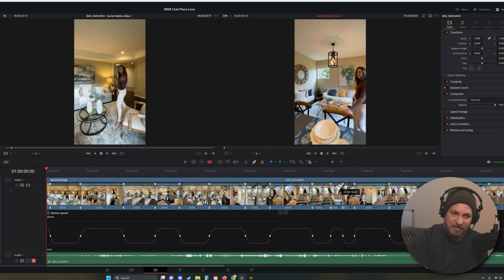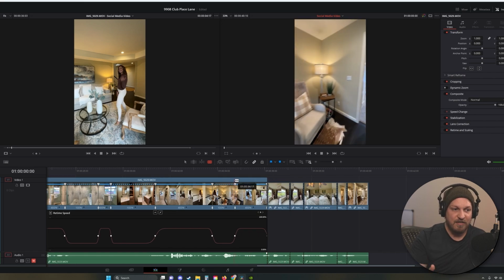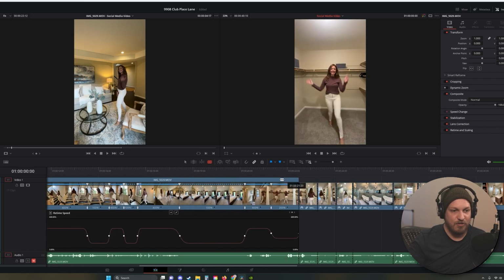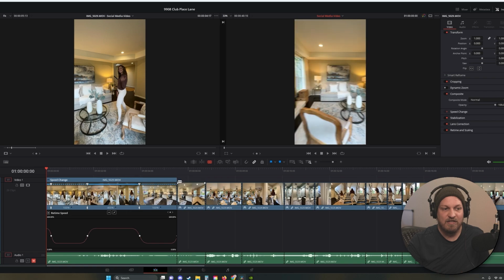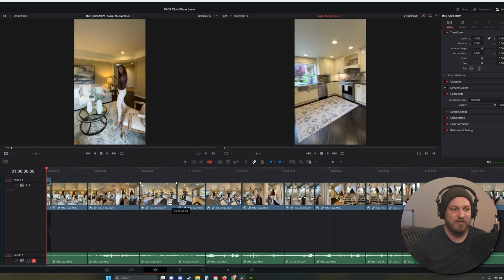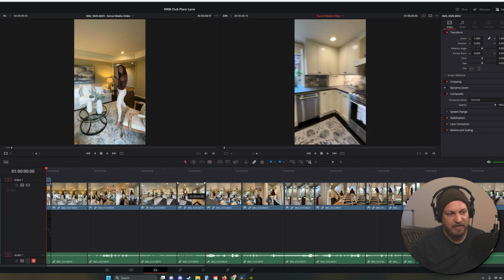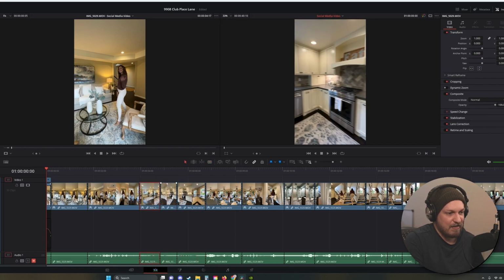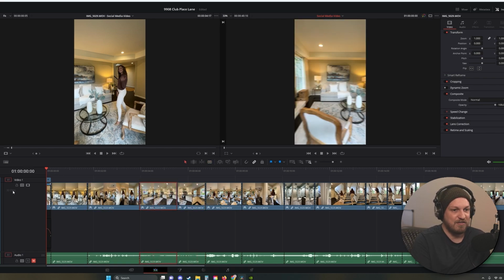So we're going to create our first cut. On each of these speed points, we're just going to cut just to make sure we have the specific clips that we want to work with. I'm sure there's an easier way to do this, but this is how I did it. It was quick enough. Select A to get back to being able to click things instead of continuing to split